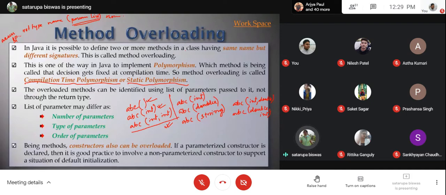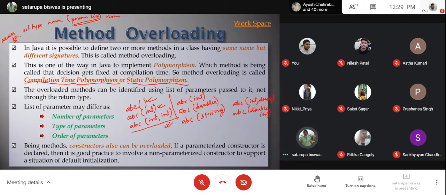If a parameterized constructor is declared, then it is good practice to include a non-parameterized constructor also. Why? Because when your user is using your program or your class, there may be a situation that the user has forgotten to pass any parameter through the constructor.